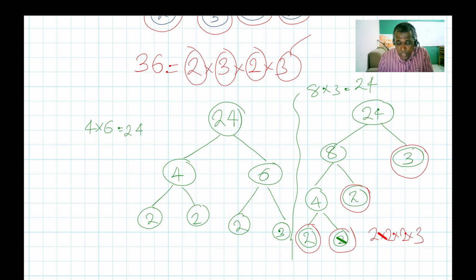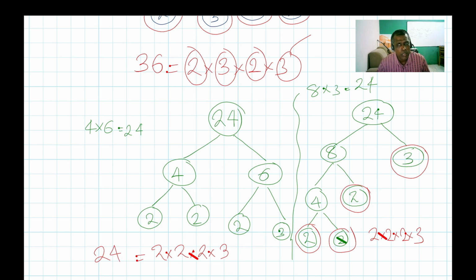I started in a different way, but in these two cases, I end with the same. That is the beauty. Although we start in different ways, we end with the same: 2, 2, 2 and 3. That means 24 is equal to 2 times 2 times 2 times 3. This method is called a factor tree. Now let's take two numbers